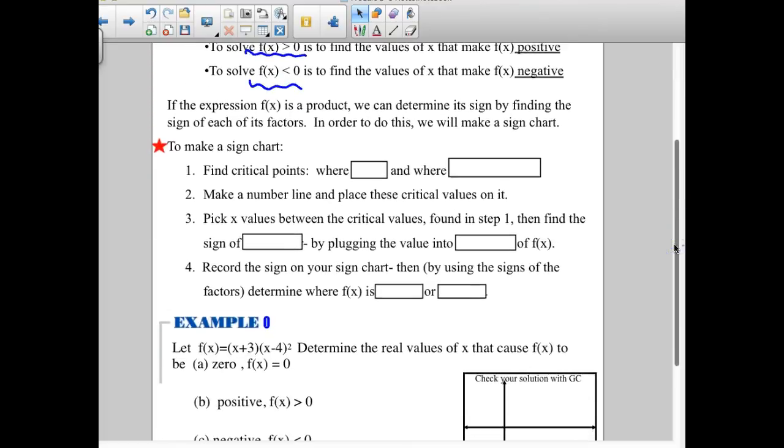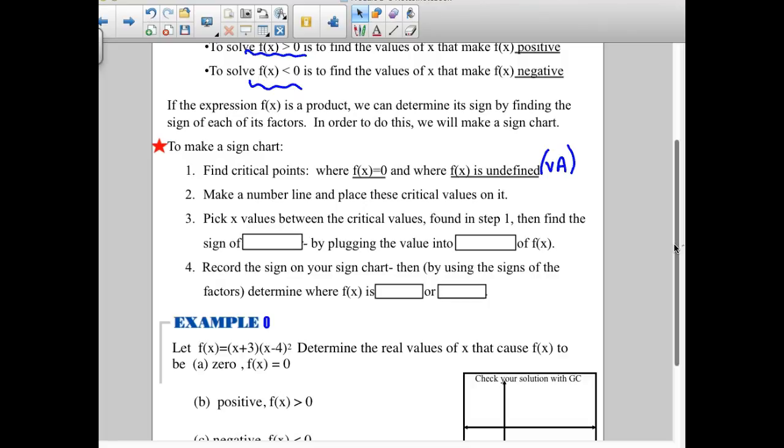The first step, we need to find the critical points, which would be where our function is either exactly 0 or it's undefined. All right, undefined would be, for example, vertical asymptotes. Okay? And then what we're going to do is we're going to make a number line and we're going to place those critical values on it. And we're not really concerned about the spacing on our number line as much as getting them in the right order